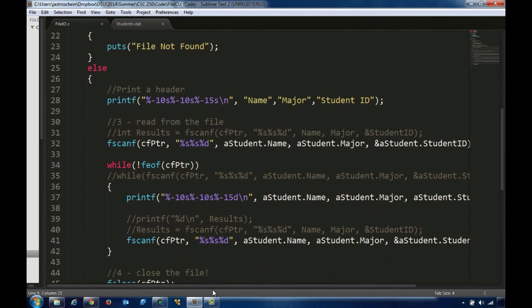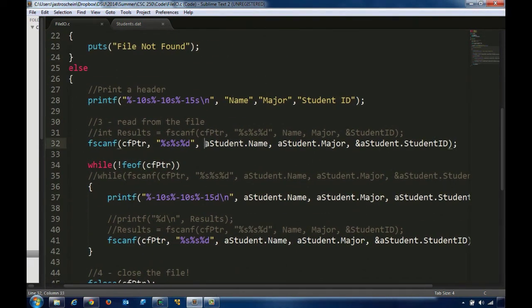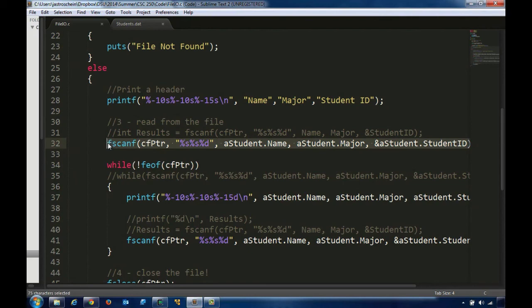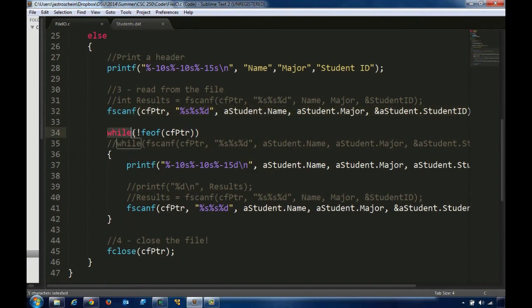So going back to fscanf, because that structure variable is not a pointer, we use the dot notation, and we have name, major, and the address operator with dot student ID. So we treat them a lot like a scanf call. Okay. Now we enter into our while loop, and this is where we are going to process the results of